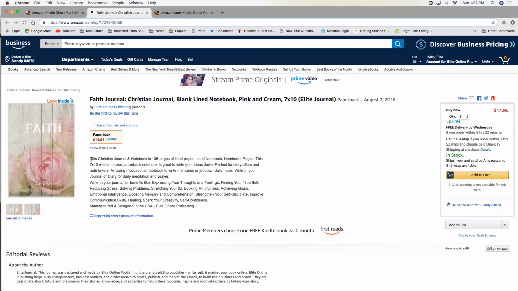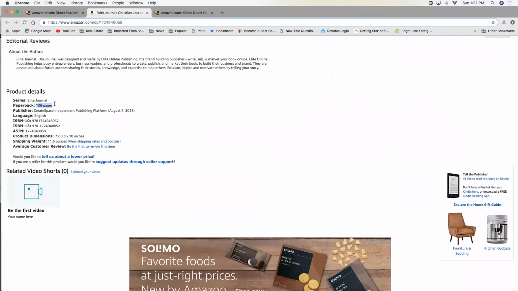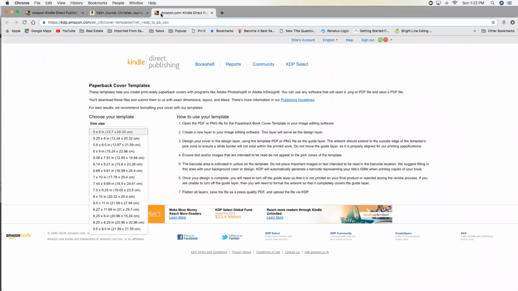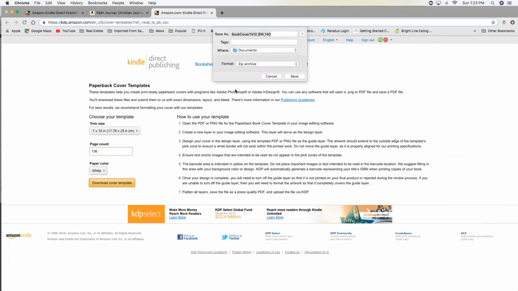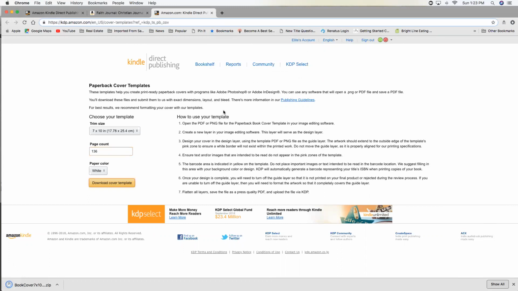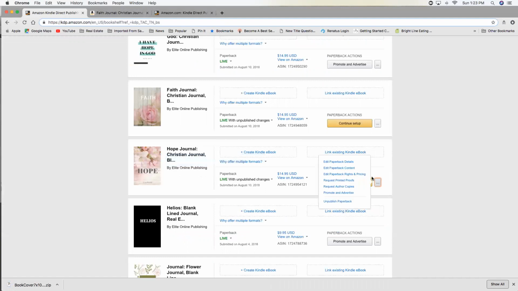Well, as you can see down here in the product details, it's 136 pages, and it is a 7x10. So in order to do the PDF, we would have to download the 7x10, 136 pages with white paper, and download the cover. Now, once we've downloaded the cover template, then we'll have to open that in either Photoshop or something to fix it. So if you don't have Photoshop and if you don't know what to do, that's what this video is about. So what we're going to do instead, we're going to go ahead and click on content,